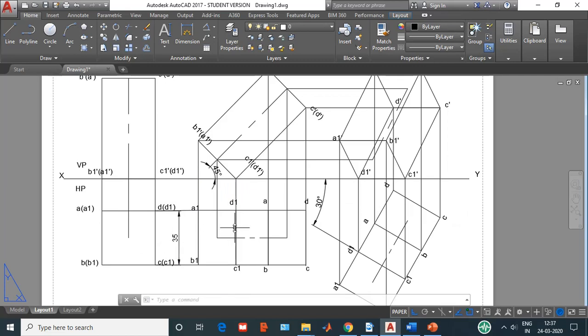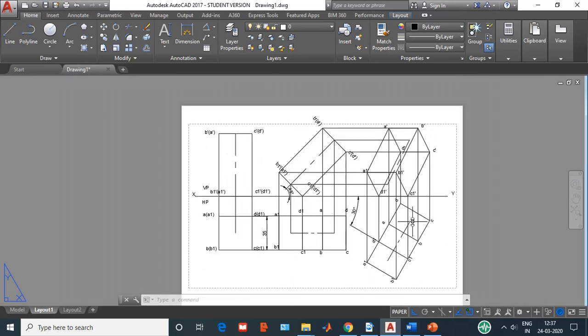Apparent length is also 35. So the length has not changed. Henceforth, we don't have to find apparent inclination beta. Make this a habit that before you go to third position, always check whether you have to find apparent inclination beta or not. Hope you have understood this particular problem both in theoretical aspect as well as in the software.